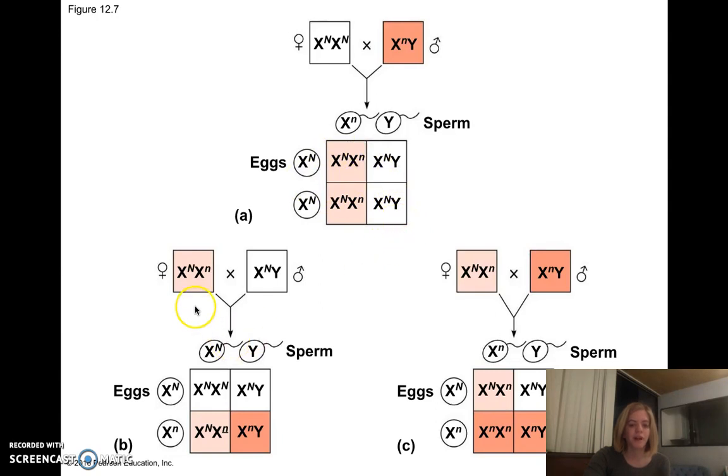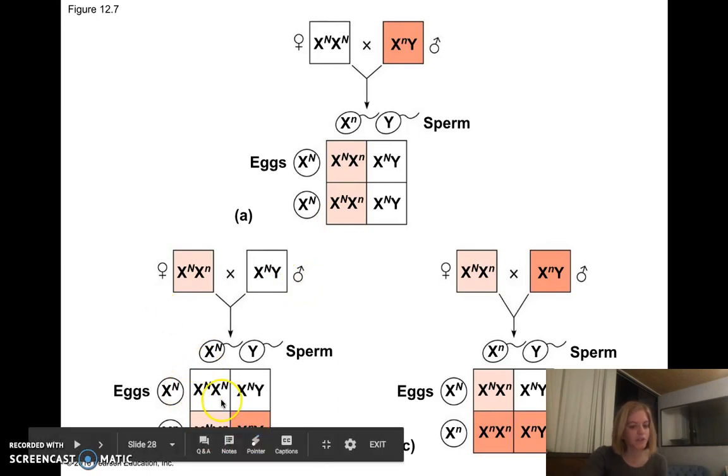Now, if we do another cross here with, say, one of the hybrid moms and another male who's normal, we're going to see that we could get two daughters who are both phenotypically normal, one of whom may be a carrier, a normal son,